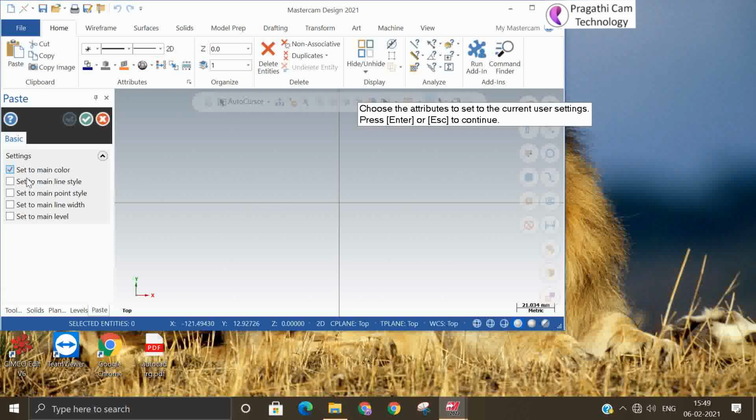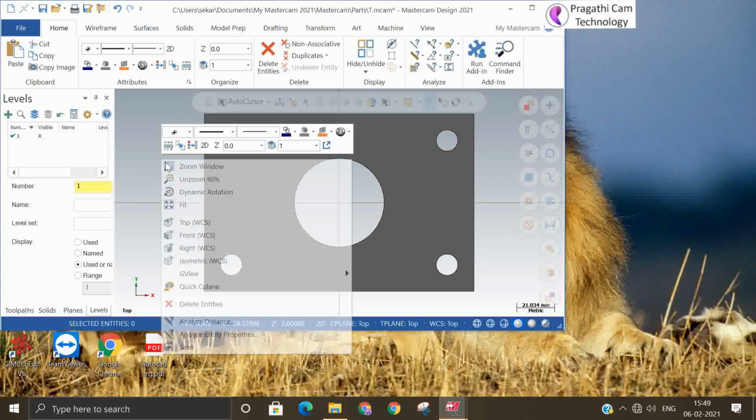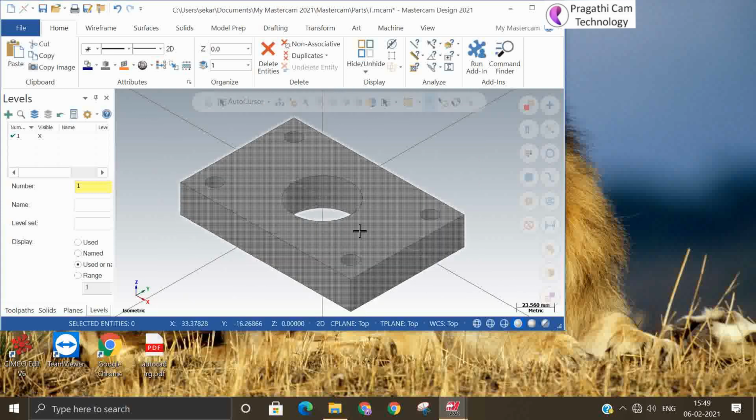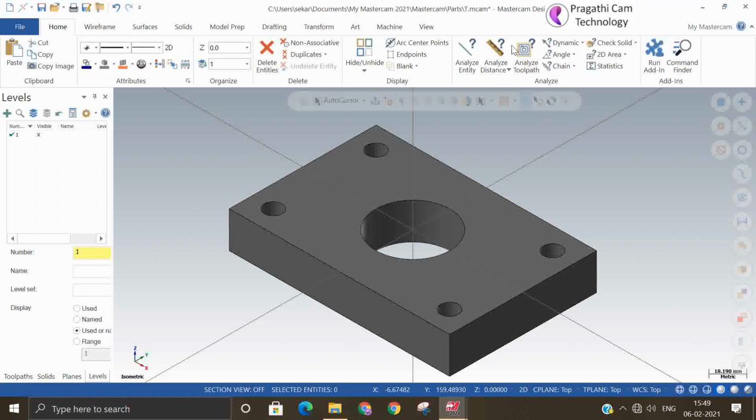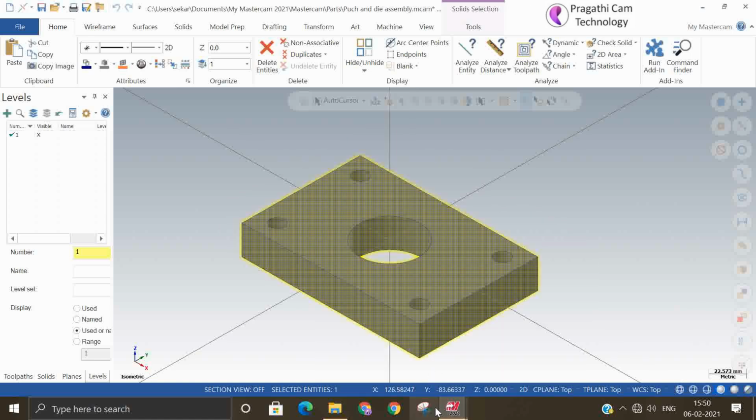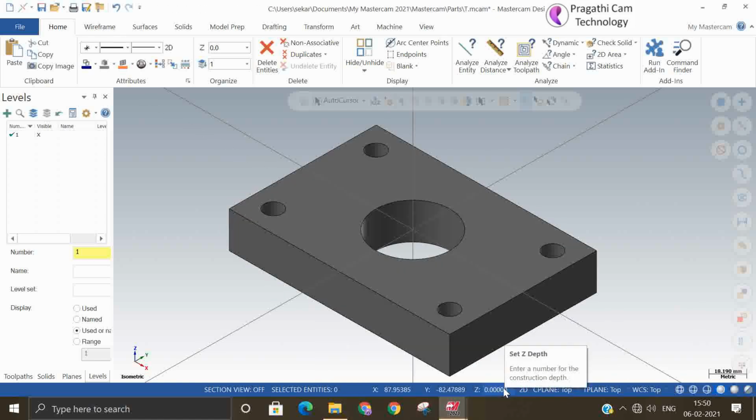So it is asking the position attributes. All the things I am switching on. Now you can see that I just copied from the last Mastercam to the another Mastercam window. This is how you can copy and paste.